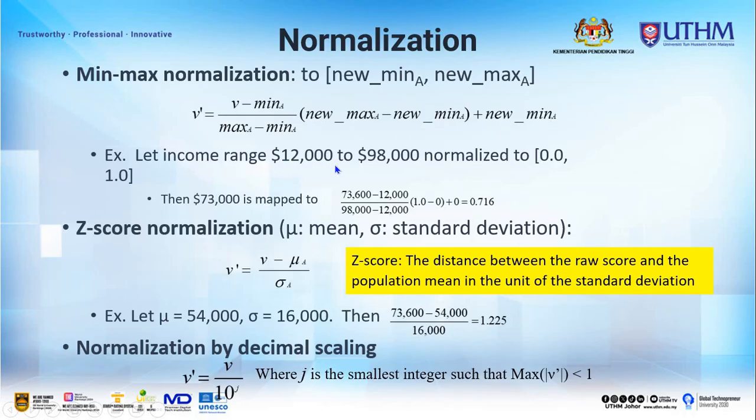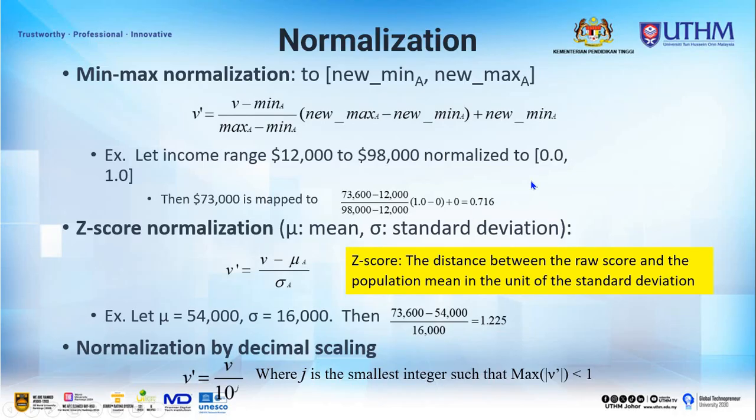So let the income range from 12,000 to 98,000 be normalized to 0.0 to 1.0. Then 73,600 is mapped to 73,600 minus 12,000, divided by 98,000 minus 12,000. Okay, you just need to substitute the values into your formula. Times 1 minus 0, plus 0, is equal to 0.716. So the V prime that you obtain after min-max normalization here is